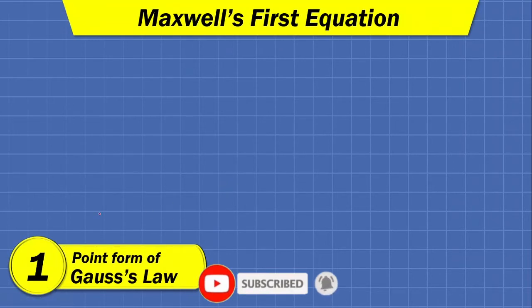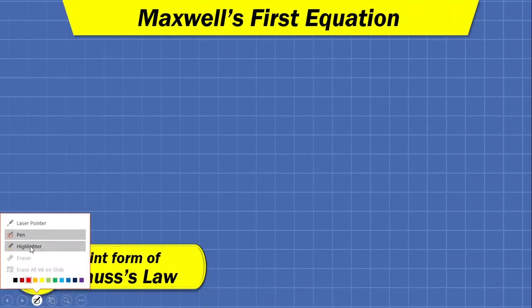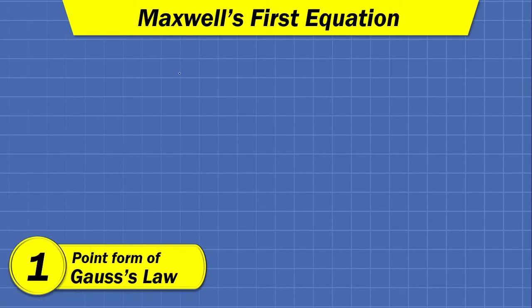So to determine Maxwell's first equation, we know the divergence of flux density is nothing but the outflow of flux from a closed surface per unit volume as the volume shrinks to 0. So the divergence of field that we have defined is nothing but the closed surface integration of D bar dot dS bar, which is nothing but the outflow of flux. Now this term is nothing but flux, and the closed integration of D bar dot dS bar is called Gauss's law.